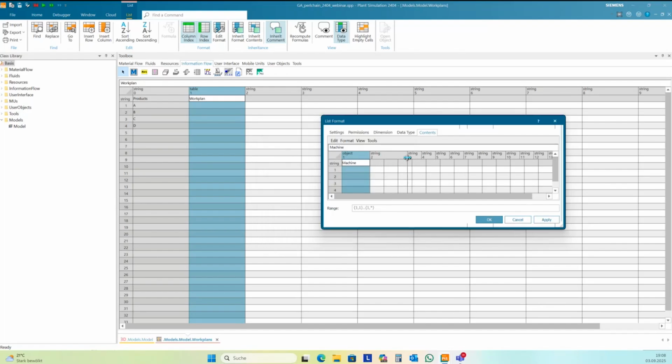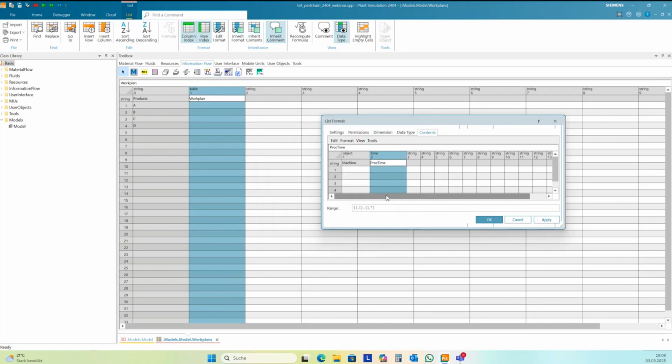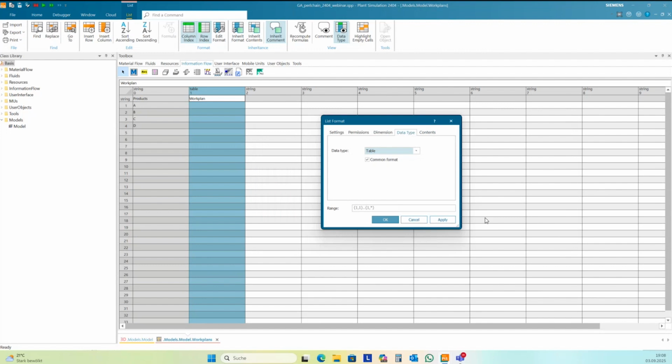In the second column, I want to have the proc time, the processing time, as time.